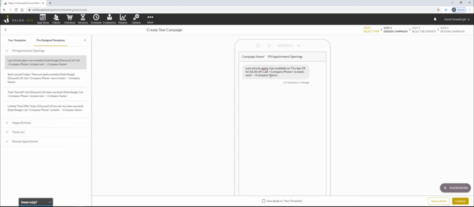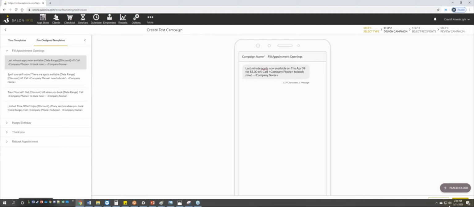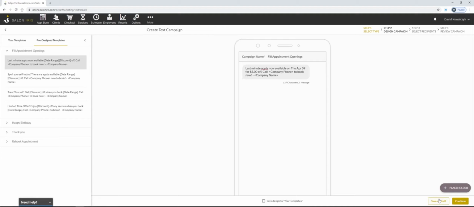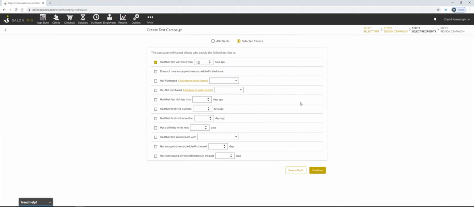are moving forward and we're all able to go back outside. So I really wanted to point this out, as this is a really great tool that can help set you apart, and get you some business back in the door as things tend to pick up. Now with that, I can go save as draft and continue moving forward with something else, or I can click continue here. I can of course make alterations to the message itself.